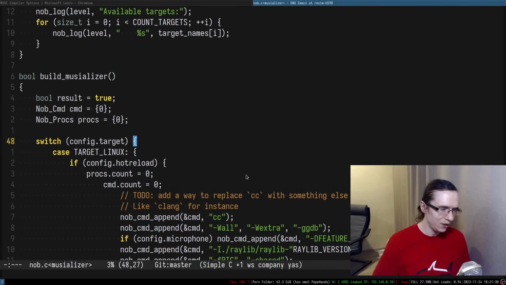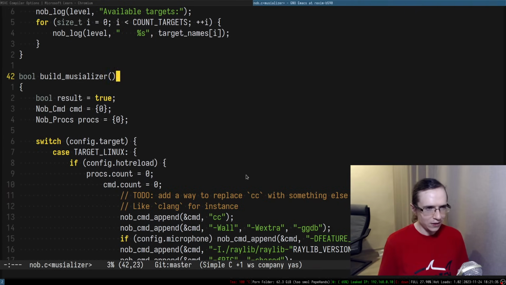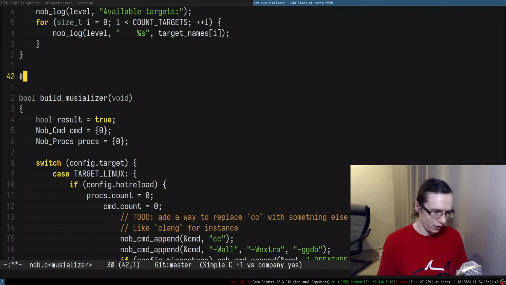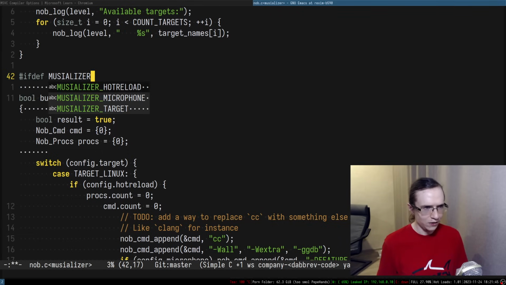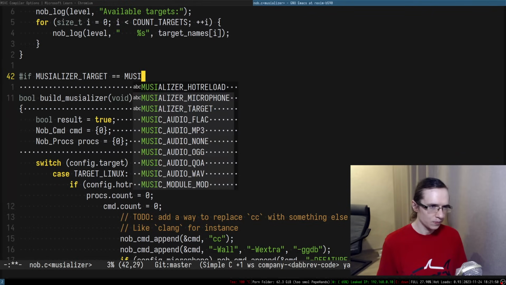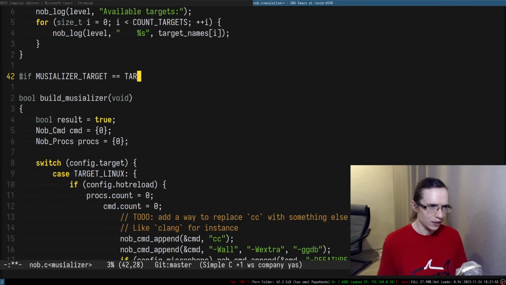What if instead of a single function, we had several functions, like build Musializer per target, right? So essentially, if Musializer target equal to, so let's say target